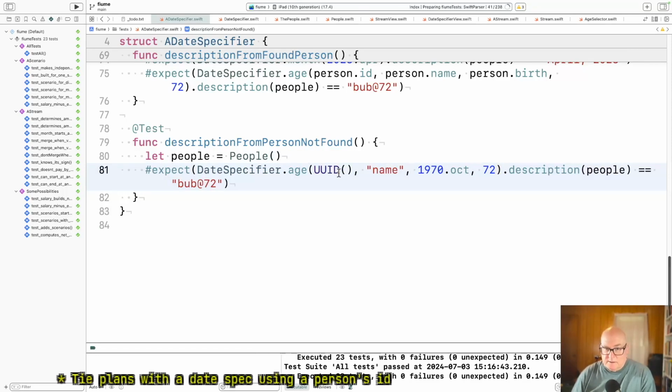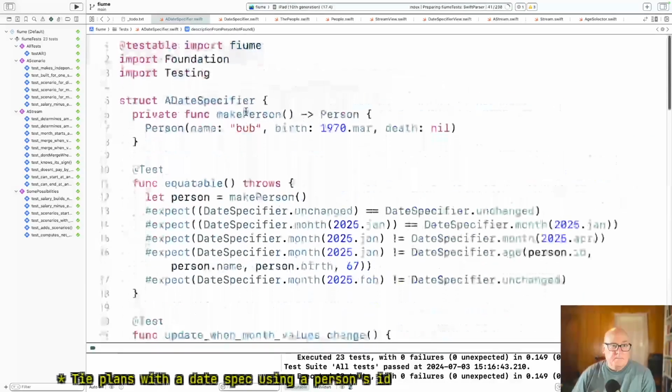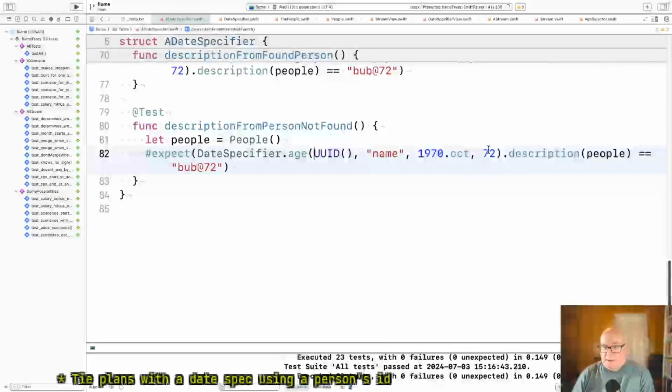DateSpecifier, age. Here's an ID. Here's a name. Date, age, description, and this I want to make something unusual.